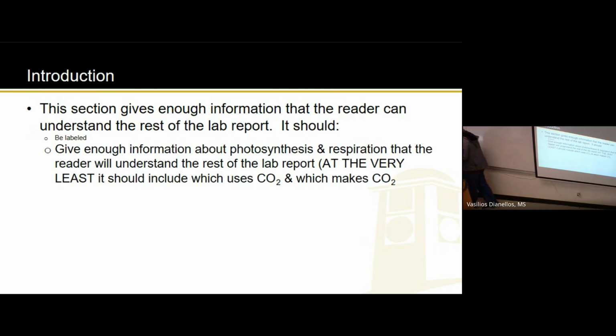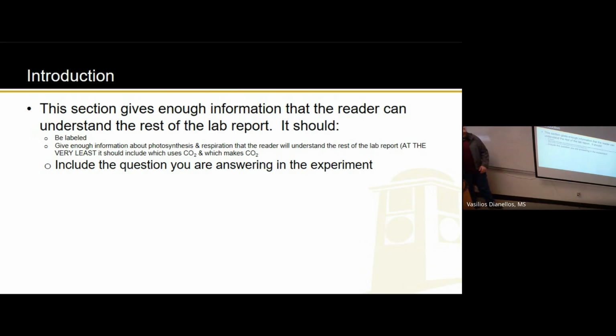Also, depending on what lab you're working on or which experiment you did, you might need to explain something about light, like the color of light or light intensity, or maybe a little bit about temperature. Like, generally, the warmer things get, and all the stuff we've already talked about. That's the information you want to put in there. Because again, you want to have enough background information that the person can read the entire lab report and it'll make sense. I know this is going to be very repetitive, and you've already been doing this in your lab worksheets. I've been building you up to this.